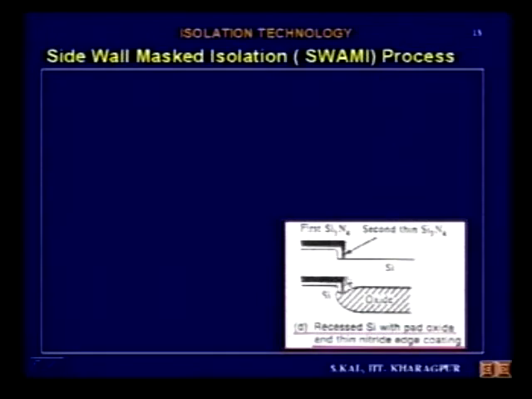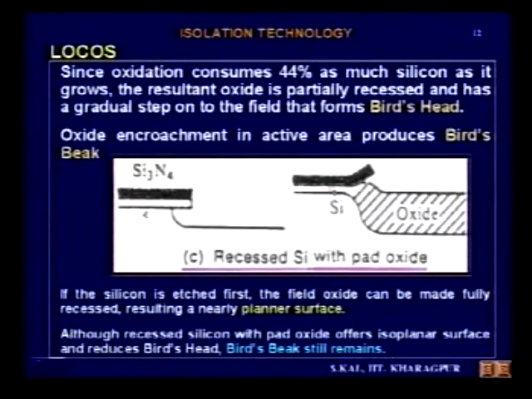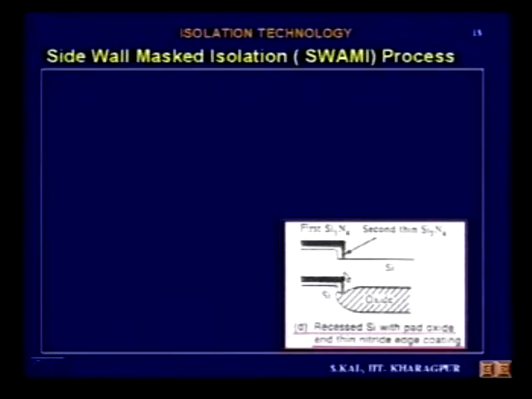That means here you see, vertically you can get oxide, lateral oxidation is not much, and almost you have prevented the bird's beak. You see the earlier diagram here. This is the bird's beak, and the silicon nitride has gone up. Silicon nitride has gone up, and this is the bird's beak formation. And in the next diagram you see it is not there. On the side wall, a second thin silicon nitride is deposited or formed, and then it will prevent the lateral encroachment of silicon dioxide.